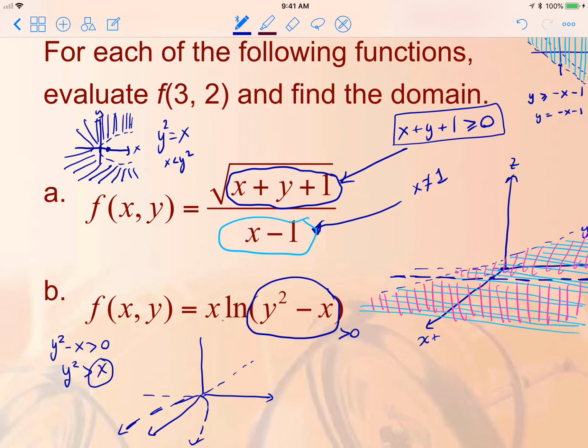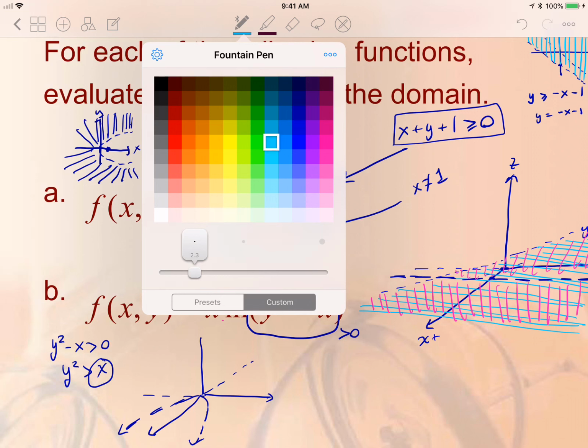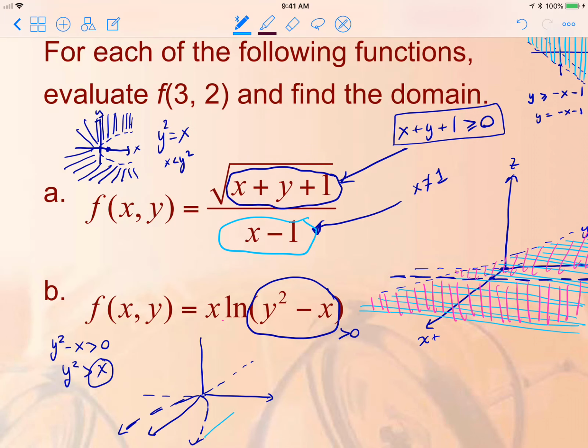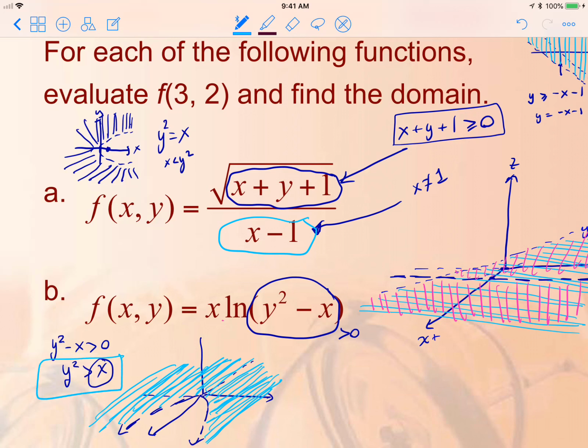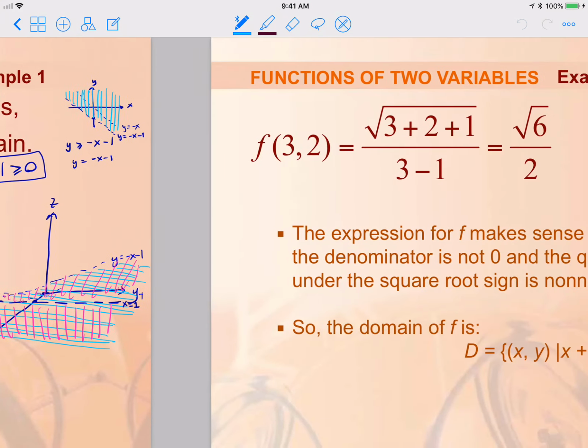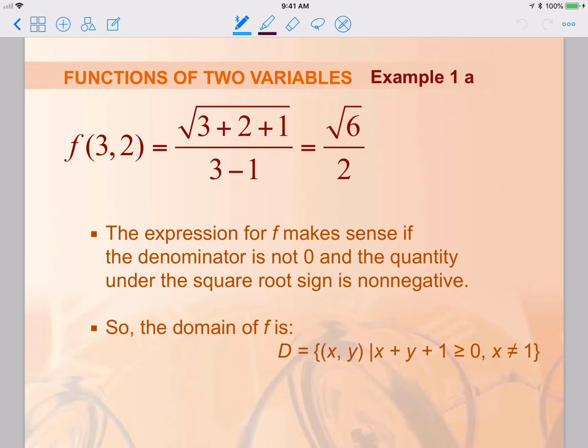So if I want x to be less than y squared, then I need to choose the points that are back here. Okay, so that would be my domain, the set of points (x, y) such that y squared is bigger than x. Okay, and so here we have